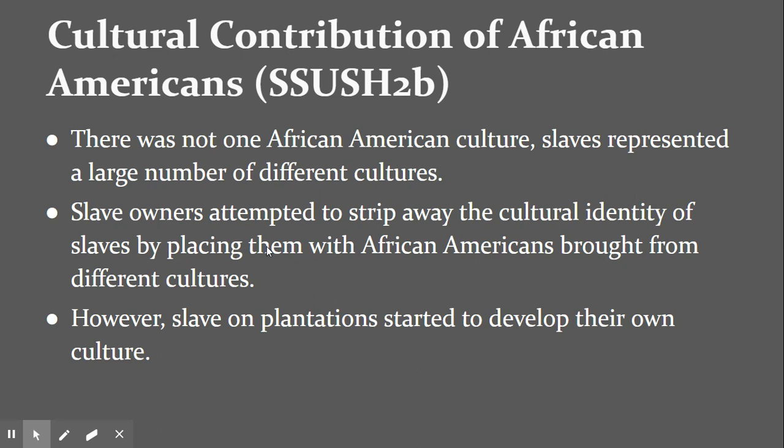I promise you, later on in history, slave revolts will happen, because eventually the idea of a non-existent African culture will go away and they will form their own African American slave culture in the Americas as more and more people settle and more and more slaves are brought to the Americas to work together. Then they're going to grow, they're going to reproduce, and they're going to adapt to the Americas.